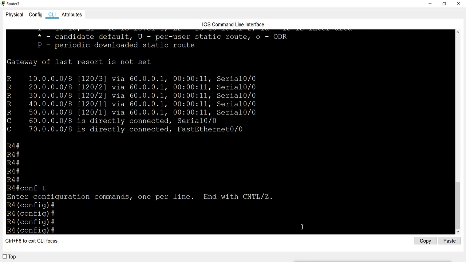When we give the statements, remember we can create a number of lists, and in every list we can have a number of entries, a number of statements. So when the router checks the list, it checks statement 1 to statement 10. That means it starts from the top to the bottom, and it matches the statements from top to bottom. If the statement matches, then it applies the statement, and if it does not match, then it looks for the other statement.